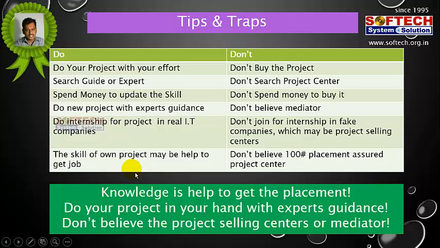Based on that skill, they can get the right job from the right company. But don't believe 100% placement assured project centers. Knowledge helps to get the placement. Do your project in your own hand with expert guidance. Don't believe project selling centers or mediators.